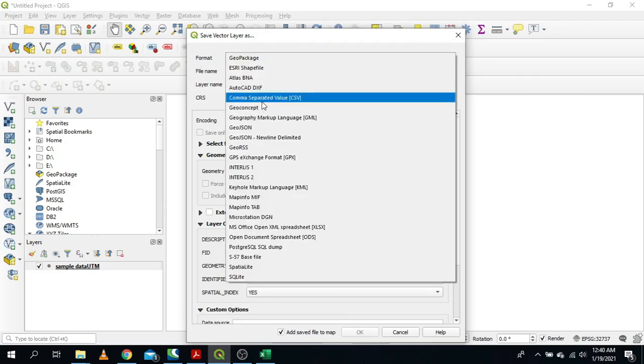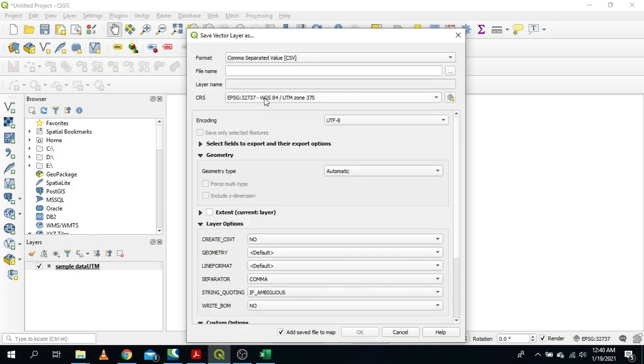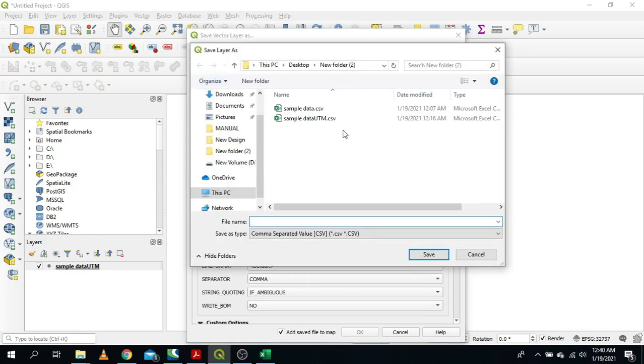Just make sure that you select comma separated value or CSV. We need our exported file to be saved as CSV. This is very important. Just select the name. You can give it any name that you prefer. For me, I just prefer this. Save.